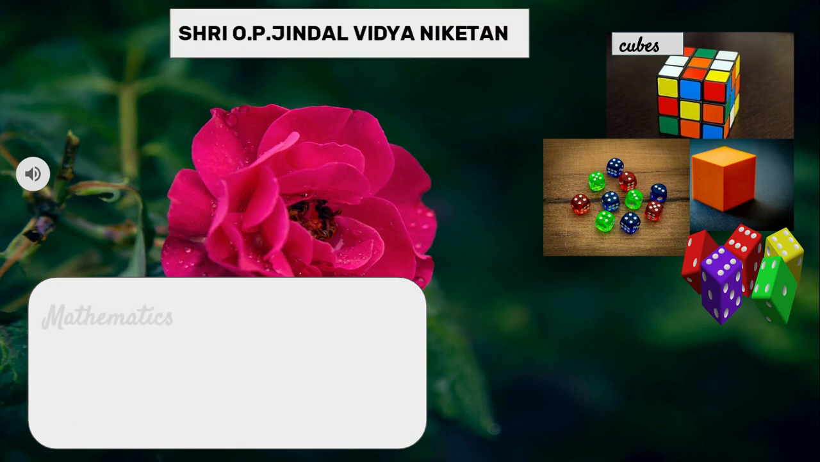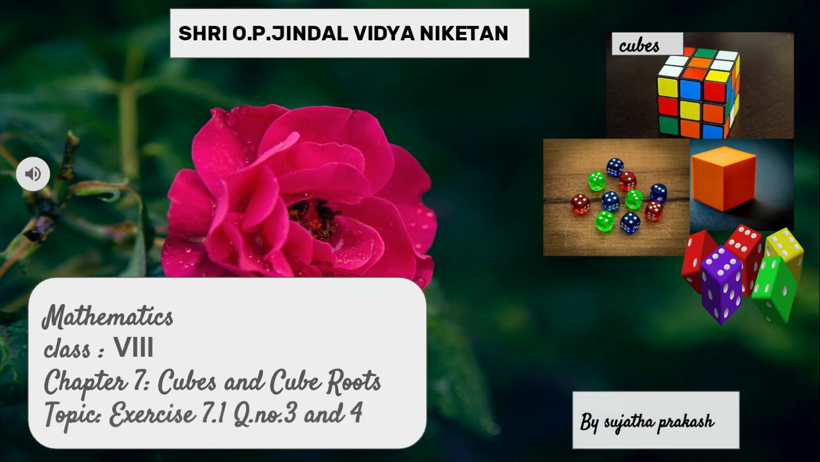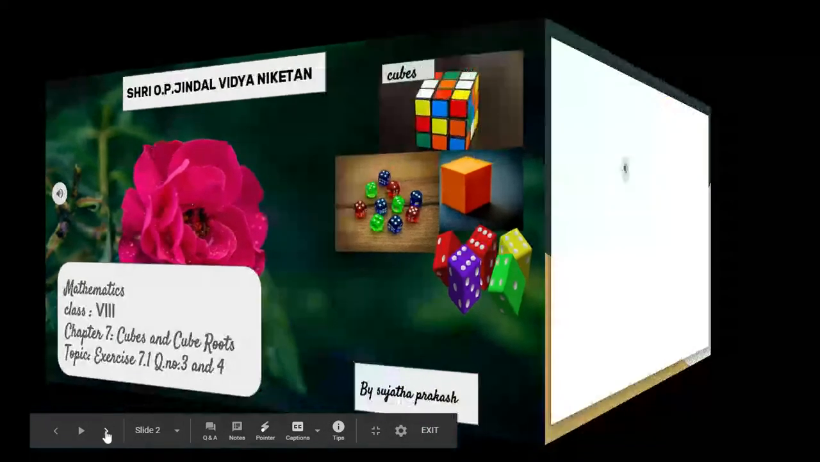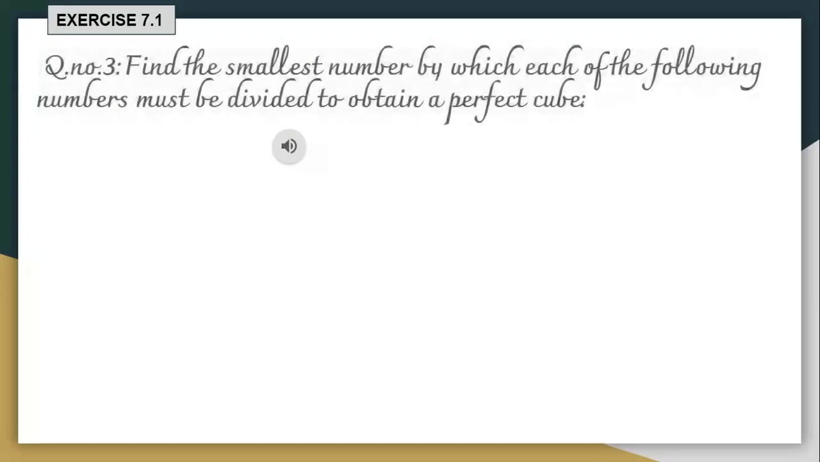Today's topic is exercise 7.1, questions number 3 and 4 of cubes and cube roots. So let me start. Let's see question number 3. The third question is: find the smallest number by which each of the following numbers must be divided to obtain